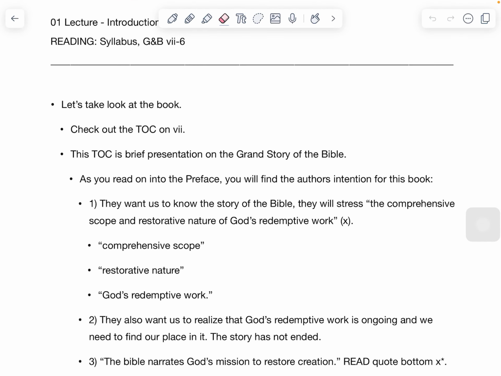The comprehensive scope and the restorative nature of God's redemptive work. We can break that down into some subpoints. Comprehensive scope. In other words, we're going to look at the forest rather than the trees. So we're going to look at the big sweep of the history of the story that's told in the Old Testament. We're not going to get bogged down in small little stories, one after another, in any one of the